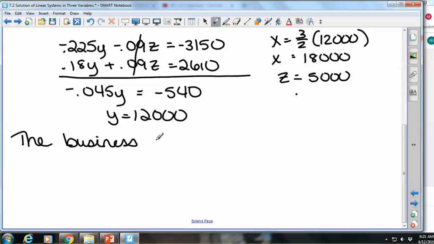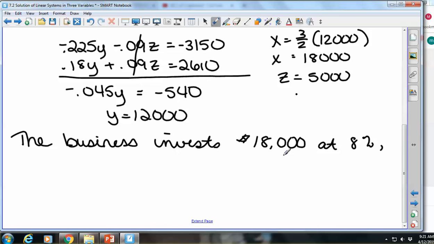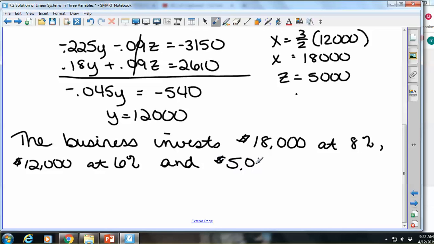Since it was a word problem, we write our sentence, so the business invests $18,000 at 8%, x was the amount at 8%. $12,000 at 6%, y was 6%. And $5,000